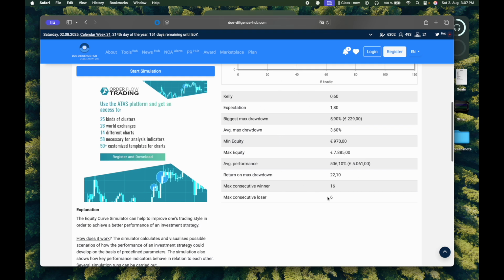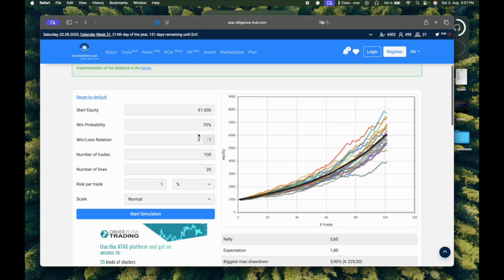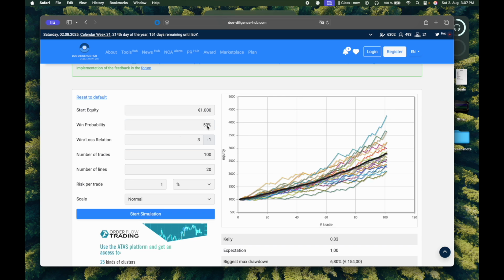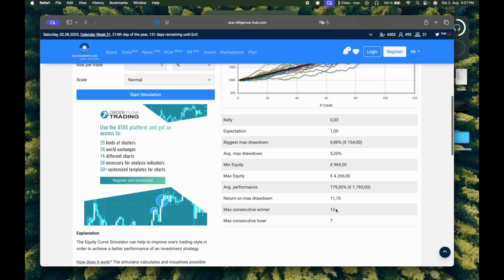And you see, 70% win rate and 6 consecutive losers is nothing uncommon. So if you, for example, risk 20% per trade and you face something like this, your account is gone. And we're talking about a 70% win rate. Let's reduce this to 50 again. And I mean 50, for most beginners, 50 is even high. 7 consecutive losers. You surely don't want to risk 10% per trade here, because that means 70% of your account